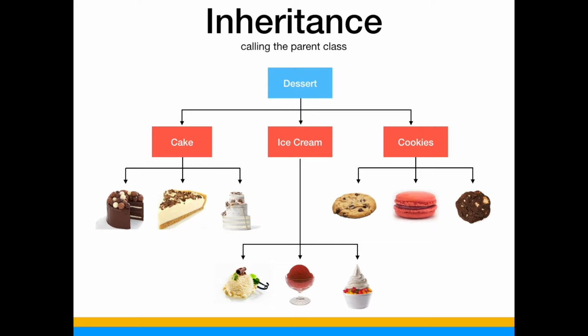So we have a very clear idea here that we have desserts, and that we're gonna have three subcategories: cake, ice cream, and cookies. And then we're gonna have different instances of each one of those. So we can see that, for example, there's a chocolate cake, a cheesecake, a wedding cake. In ice cream, we have vanilla. We have sorbets. We have frozen yogurt. And in the cookies, we have different types of cookies: chocolate chip, double chocolate chip, macaron,